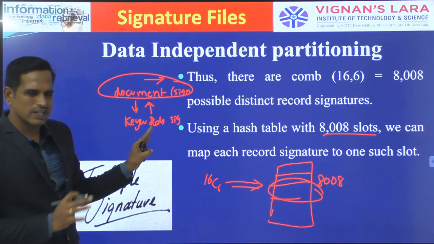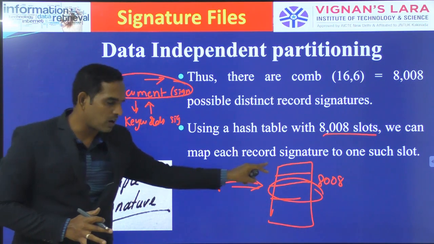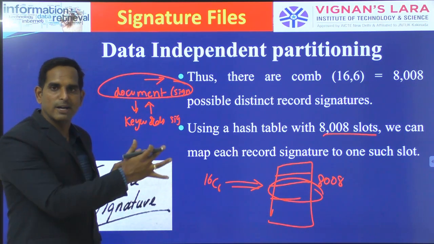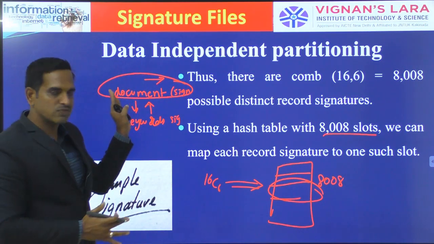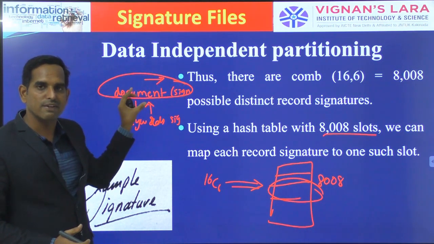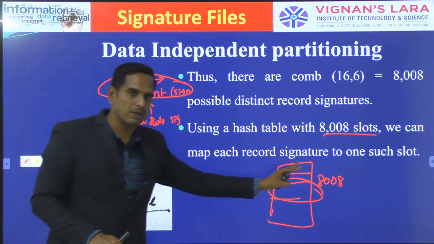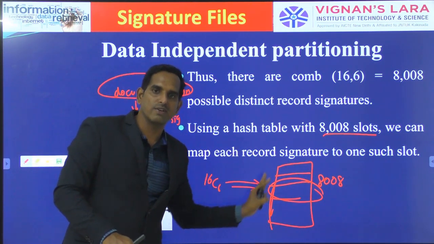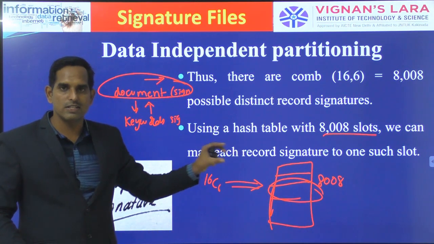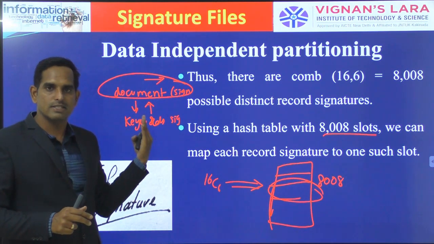So I think you can comprehend from this what you are trying to do. Instead of searching for all the signatures, I am trying to break down the problem into 2 different parts. One is your hash function, which maps your record signature into 16 different bits, so you are trying to search only 16 places. Among those 16 places, the values can be found in your 8008 combinations, and those places also can be localized much more easily by using your previous step.